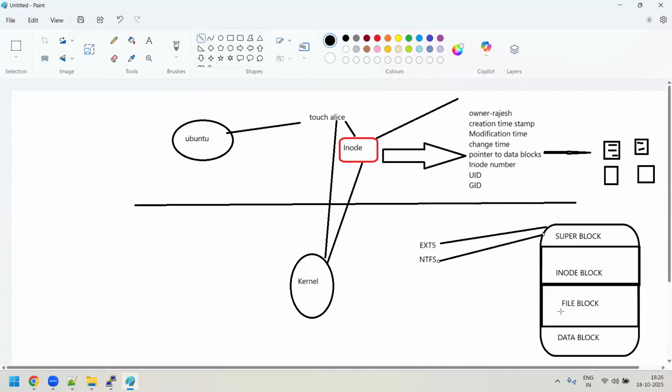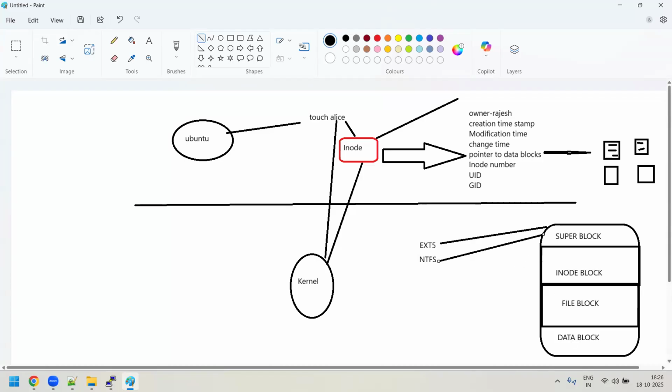File block: whenever you want to do an operation on the file, whenever you want to open a file, read the file, write the file, modify the file, change the permission of the file, move that file from one directory to another directory, or rename the file. You do multiple operations, right? That means you are trying to do some kind of modification on the file or directory. Who will manage all those modifications? Your file block will manage. And finally, the data block, where your actual file contents or file data is stored. It is stored in the data blocks.